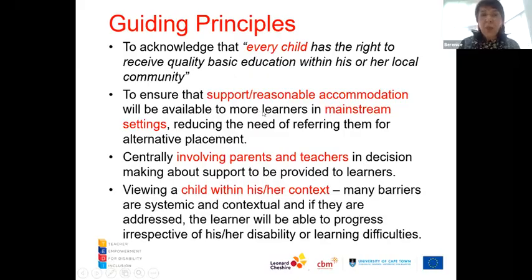Now, the principle is to ensure that support or reasonable accommodation will be available to more learners in mainstream settings, reducing the need for referring them for alternative placement. So we've in the past had the situation where teachers would very easily try and refer to a special school without really doing too much in the classroom. And we're trying to shift that as well. So have you done all you could? Have you consulted with whoever you have available to see how this child can be accommodated in the classroom in his or her local school?